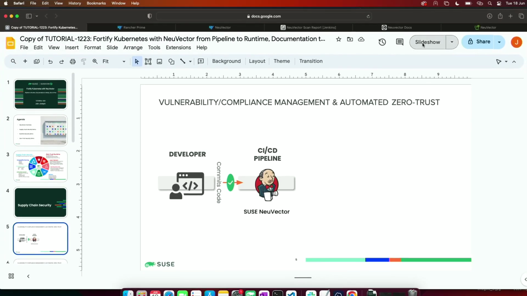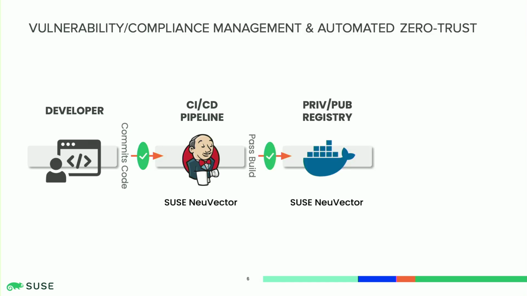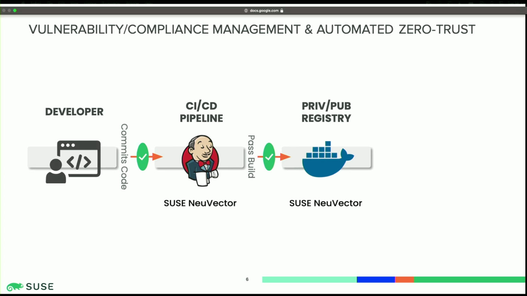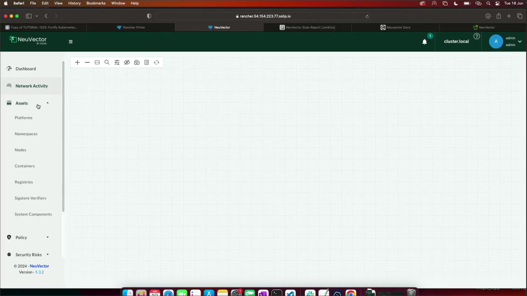So the next step, you push that image into your registry. So this, as I mentioned, this could be public, this could be private, but once it's in those registries, it's very important to scan them in regular intervals. I mean, you can decide what those intervals might be, but again, as I mentioned, what's safe today might not be safe tomorrow. So as part of NeuVector, what we can do is, if I go into here,